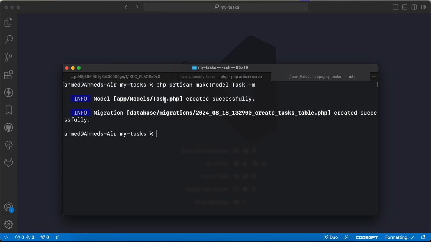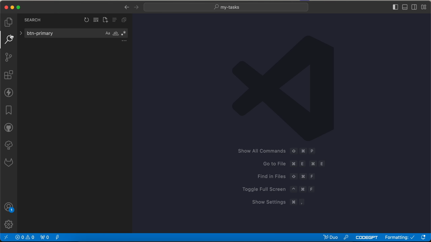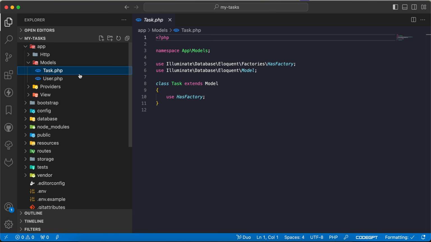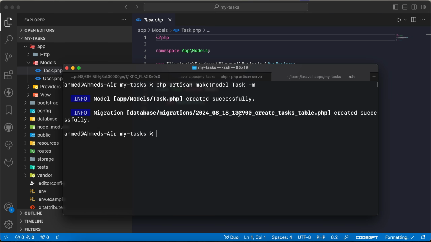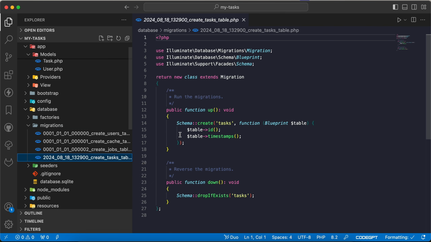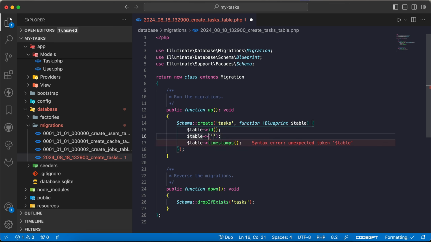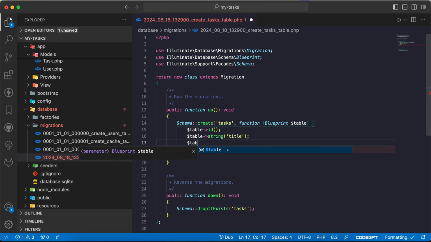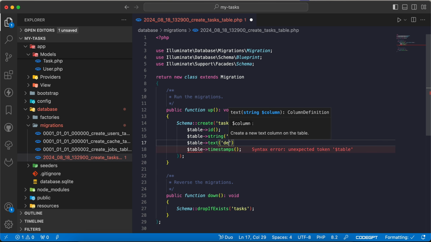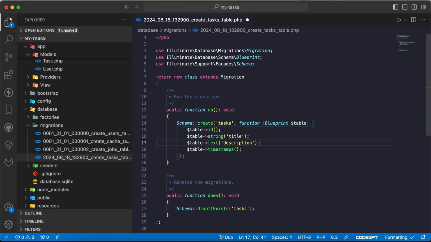It generates two files: inside models here, app/Models/Task.php, and another file for the tasks table, here inside database/migrations, the tasks table. I will say table string title of the task, table description, it will be text, and it may be nullable,